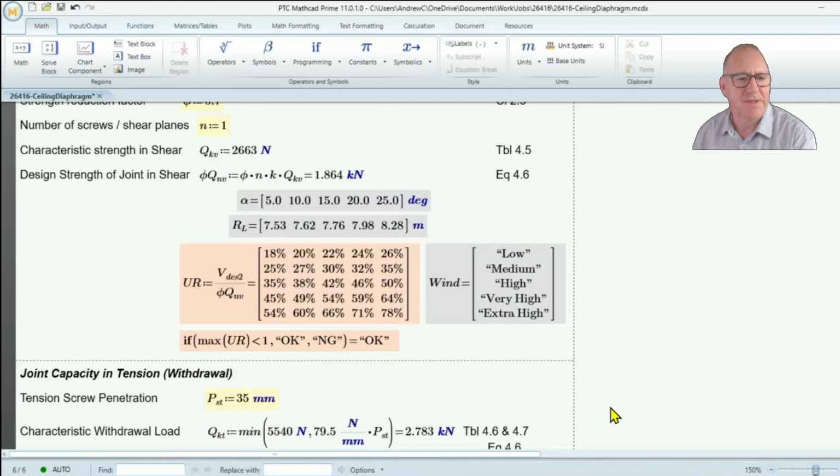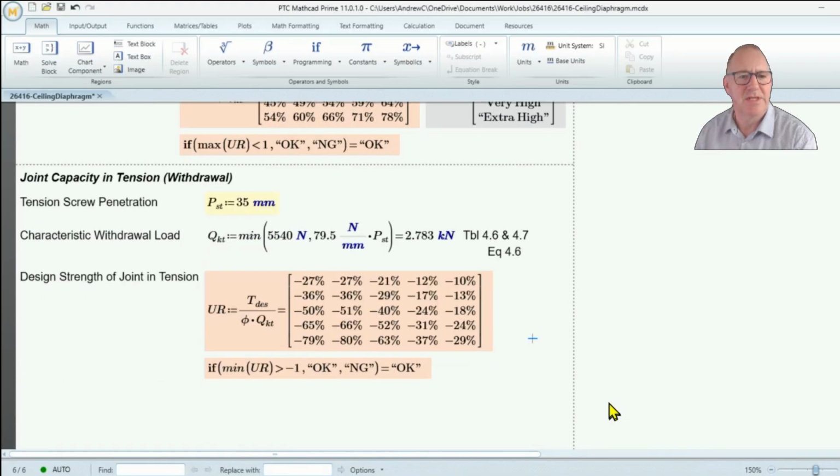Okay, and the final thing is to look at the joint capacity in tension. And we look at the tension screw penetration of 35 millimeters. That's a typical penetration into timber from our panel fixing. We take our characteristic withdrawal load from NZS 3603, table 4.6, 4.7, and equation 4.6. That works out as 2.78. Once we apply our strength reduction factor on it, we get utilizations varying from 27 through to